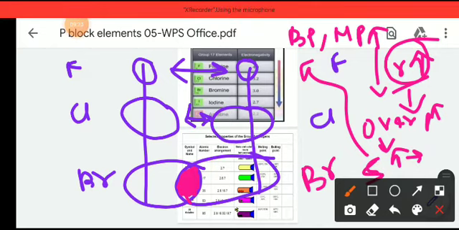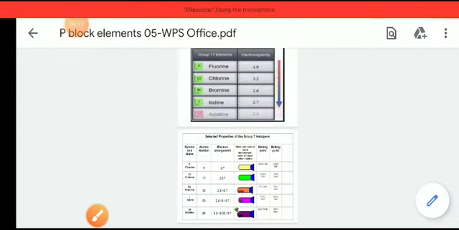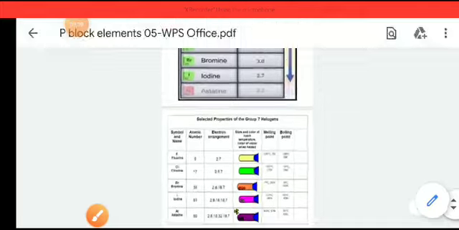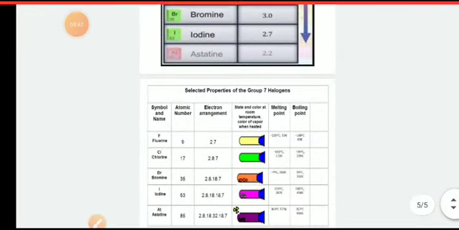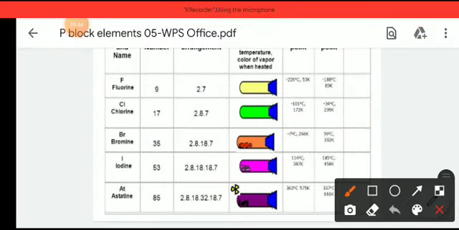As stability increases, we need a greater amount of thermal energy to melt or boil it, that is, we need more temperature. That is why the boiling point and the melting point will be greater as we go down the group. This concept is clearly visible in the given data as well. When we look at this data, we can easily prove this concept.